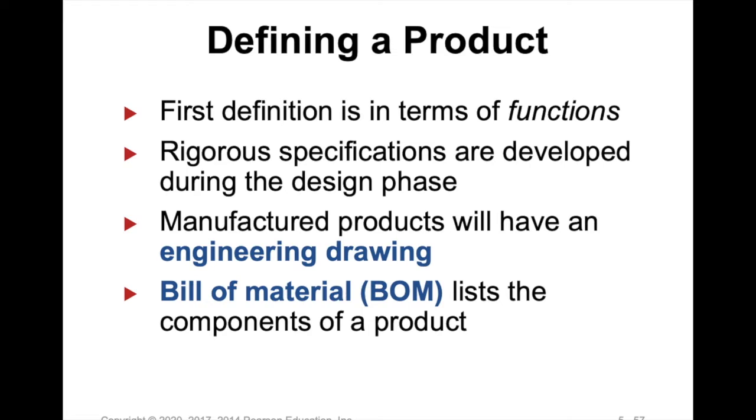And manufactured products should have a drawing, an engineering drawing, and next you need to have a bill of material, or a list of components of the product. So let me elaborate a bit on some of this. Okay, so for example,